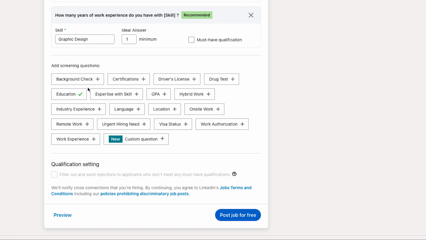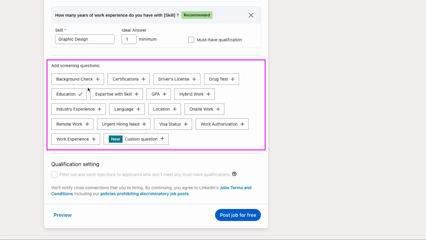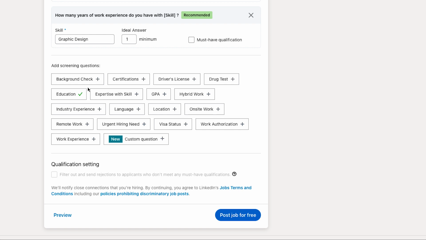But if you don't want to use any of these suggested screening questions, then just remove them. Below is the Add Screening Questions section. If you click on any of the suggested screening questions type, then the relevant questions will be added to the list. And once you've finalized everything, you need to click on the Post Job for Free button and your job